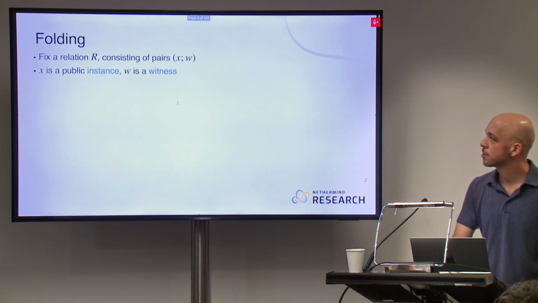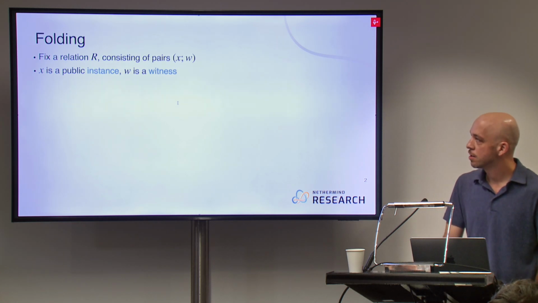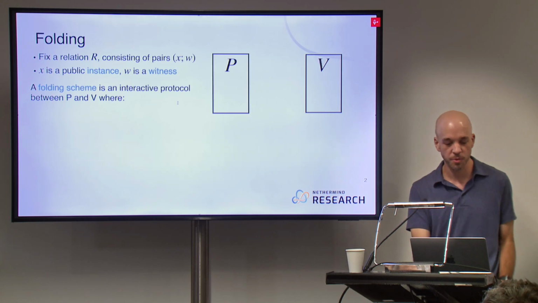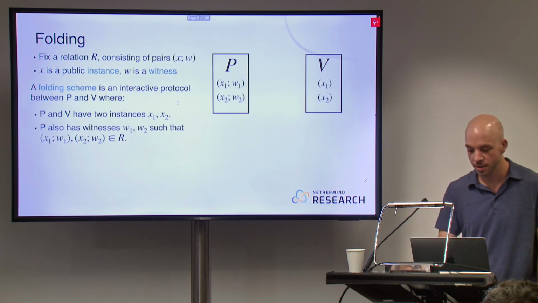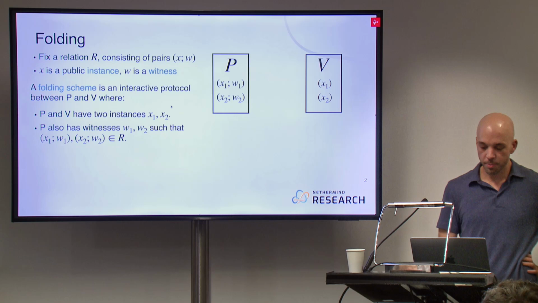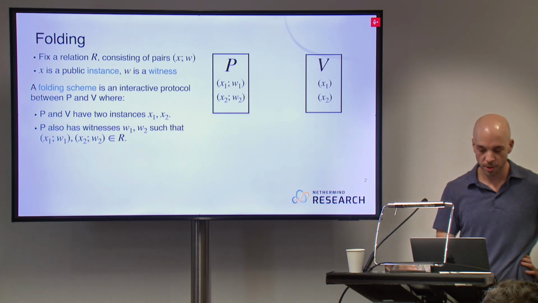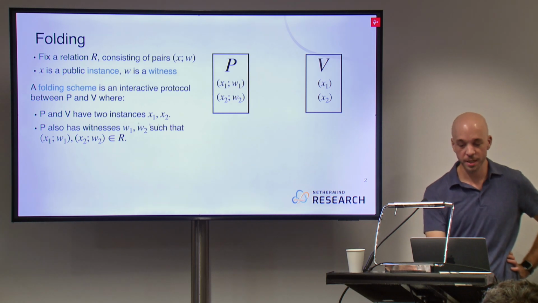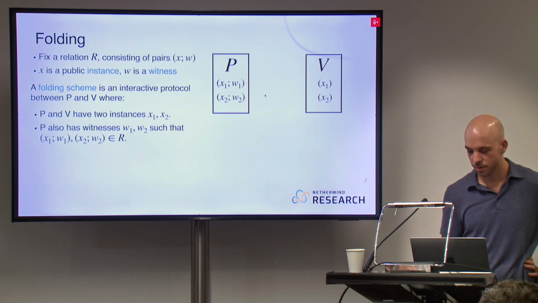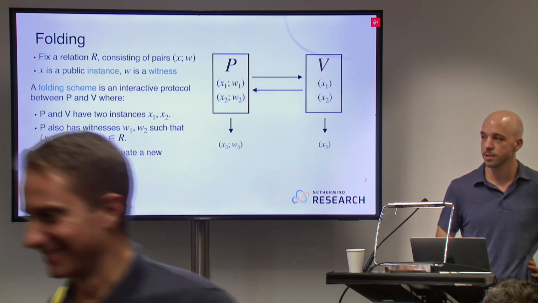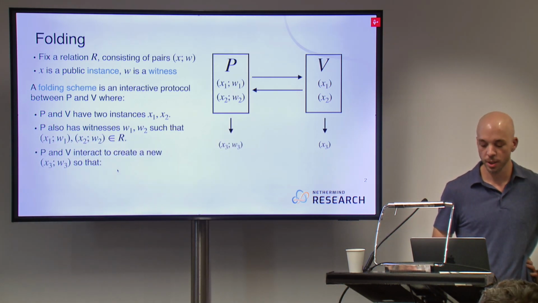R consists of pairs X, W. X is an instance, W is a witness. A folding scheme is an interactive protocol between a prover and a verifier, where the prover has two instance-witness pairs, X1, W1, X2, W2, and the verifier has the instances. And then the prover and verifier interact so as to create a new instance-witness pair, X3, W3,